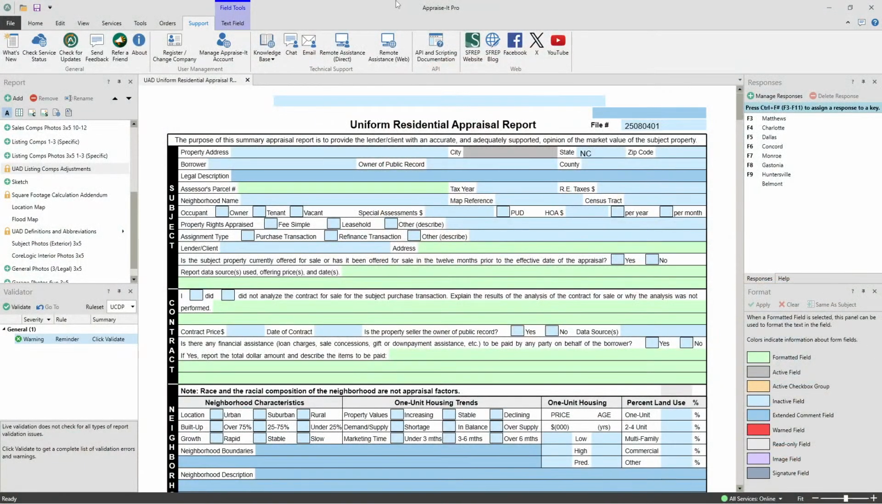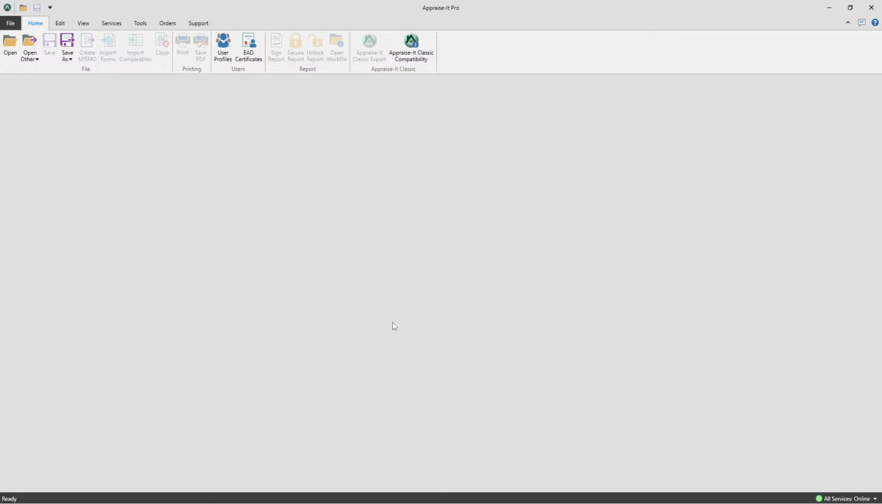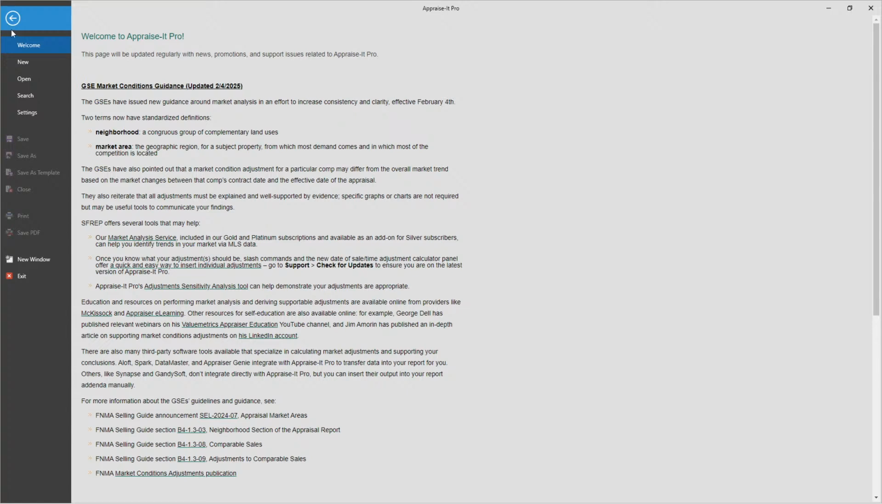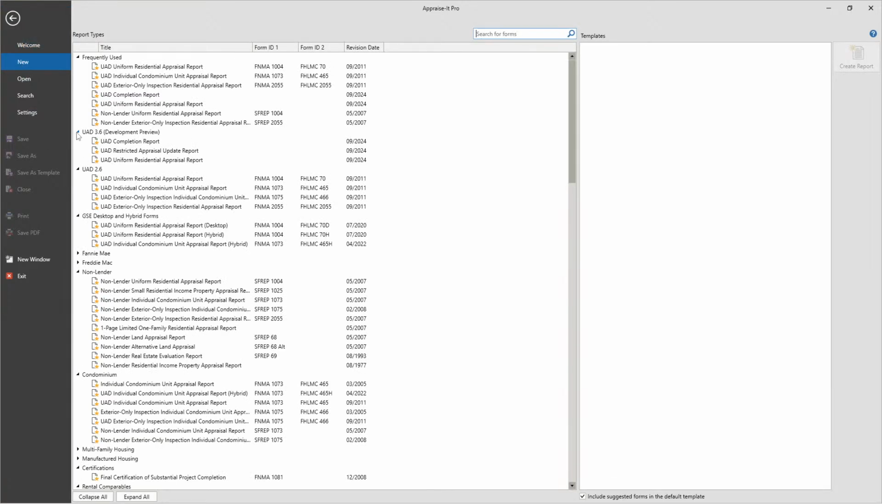All right. So, cool thing about Appraise-It Pro, the UAD 2.6 and the UAD 3.6 are in here together. So I'm going to come over here, come to home, say close. Do I want to save the current report? No, I don't. And now I've closed it out. Now, if I come back over here to new, notice here now, if you want to play around with the new UAD,